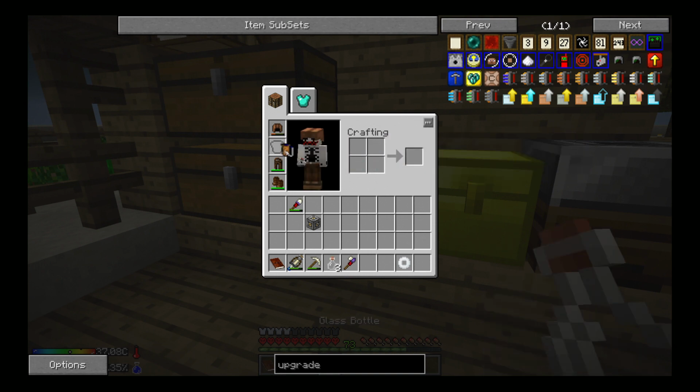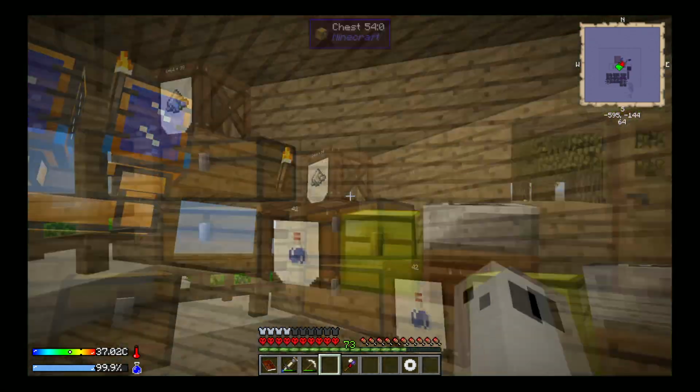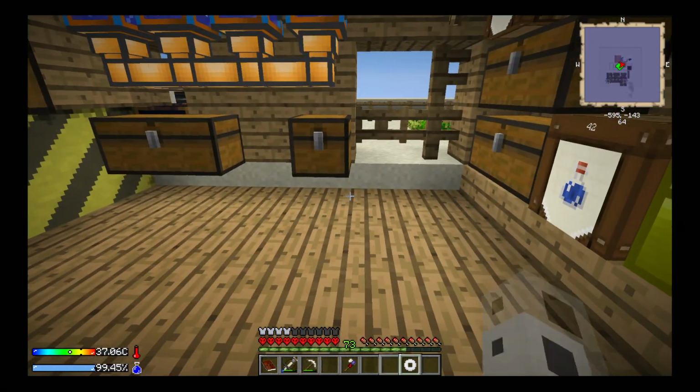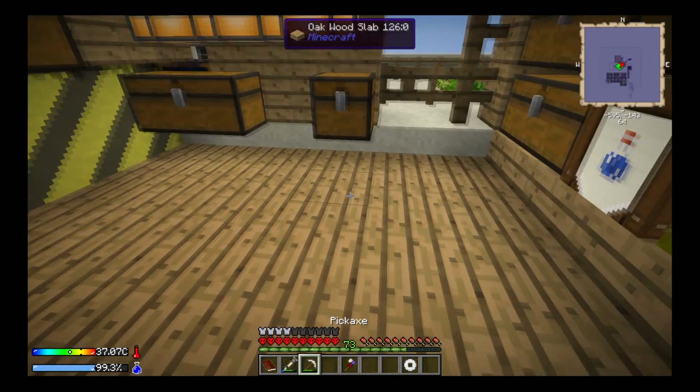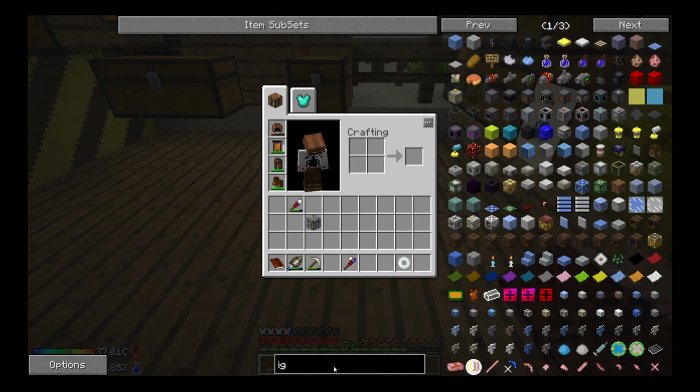Got to keep an eye on your water intake. 2, 3. All right, there we go. So yeah, I just fill up the bottles again. It fills this up. Everything's fine. We have plenty of water. Okay, so if we look in the recipes for the igneous extruder,